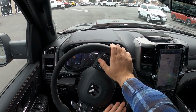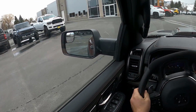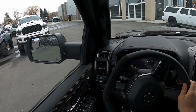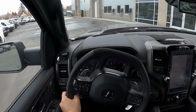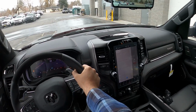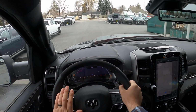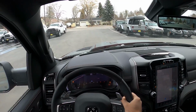Well, let us set off in the TRX and see if this has the chops to be as cool as the Wrangler, or if the Wrangler has the chops to be as cool as this, right? So again, I understand that a lot of people are going to say, Ben, this comparison makes no sense, it's apples and oranges, but I promise you,